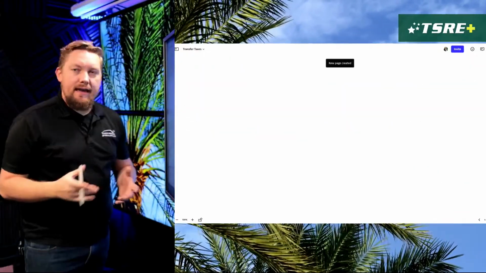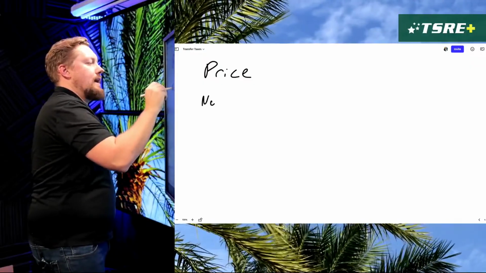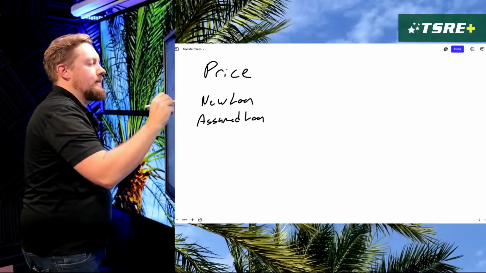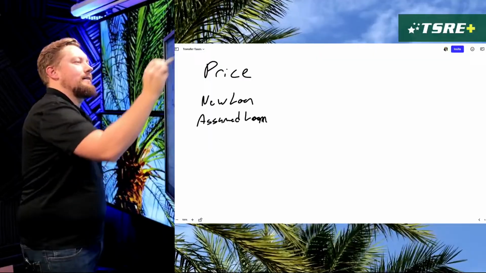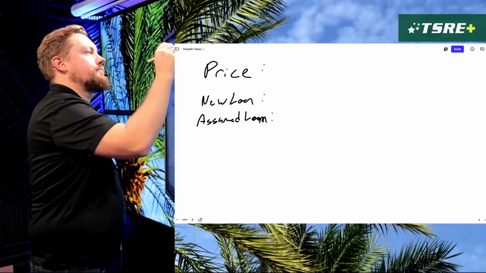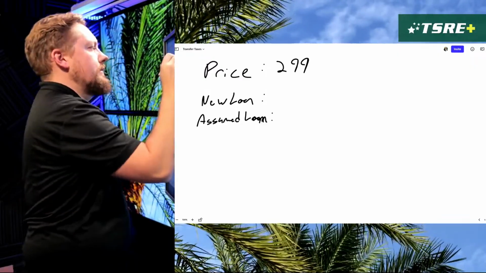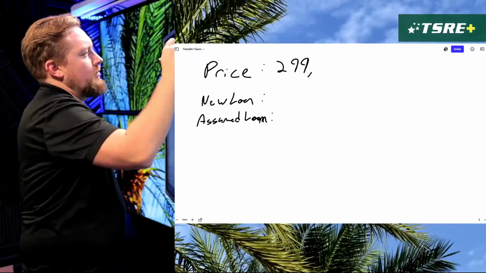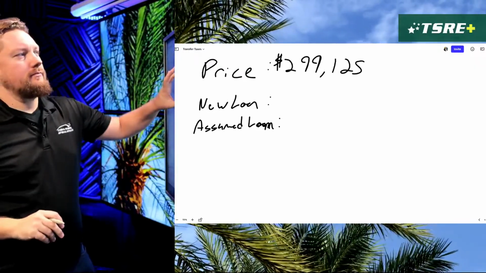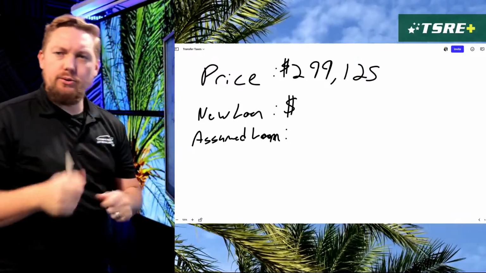What we're going to do next is very similar. We're going to have a price of a property. We're going to have a new loan. And we're also going to have an assumed loan. Because why not? Because your exam probably will. And let's say that the price is $299,125. And let's say that the new loan, the newly created loan,